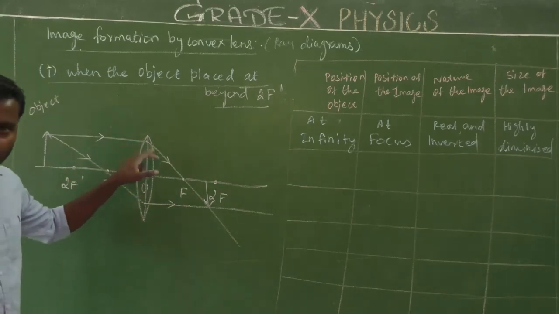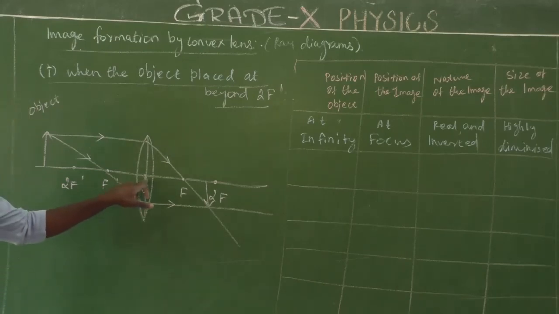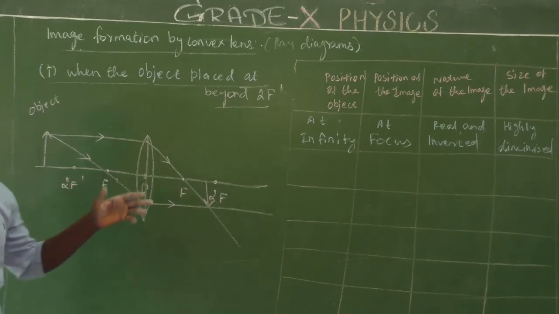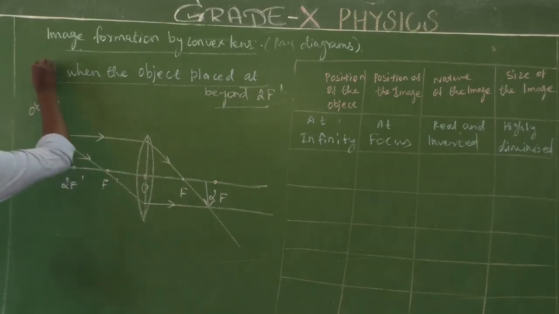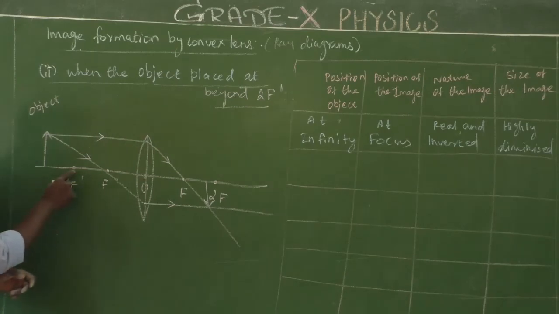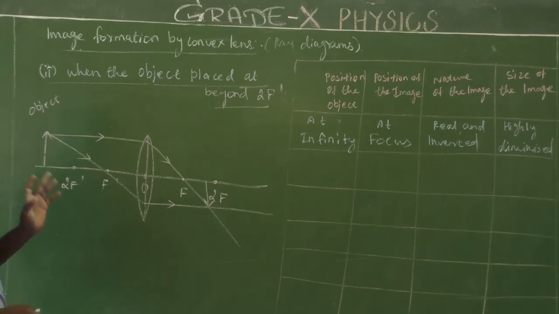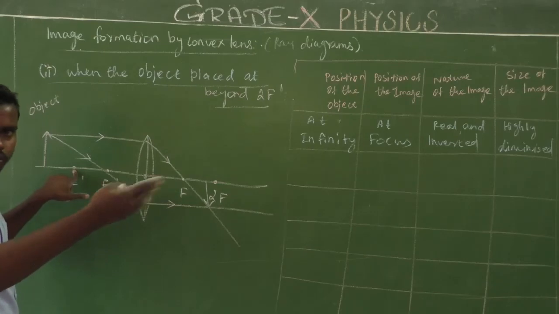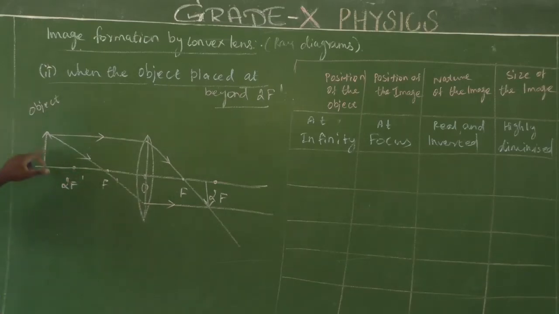First consider a convex lens, with optical center O and two foci placed at equal distances, and 2F and 2F are both twice of its focal length. Even in the second case, we place the object beyond the 2F dash, at some distance closer to the 2F dash. Is it clear? Here the object is placed beyond the 2F dash, above the principal axis.